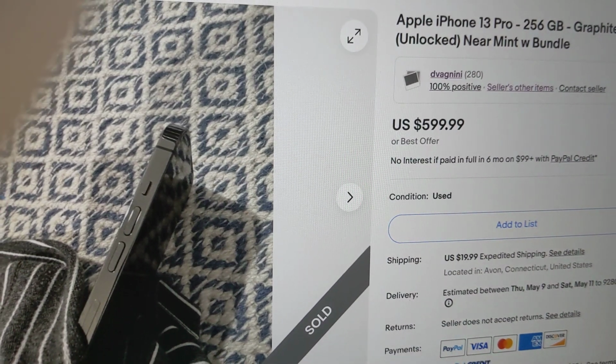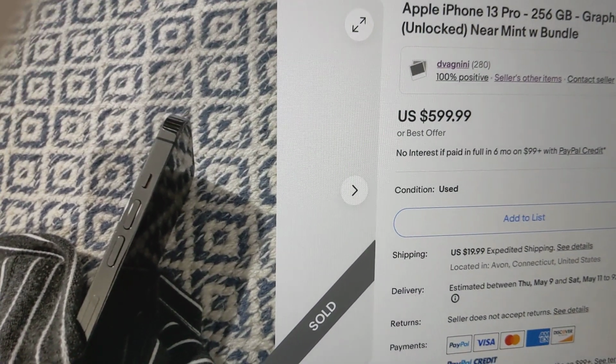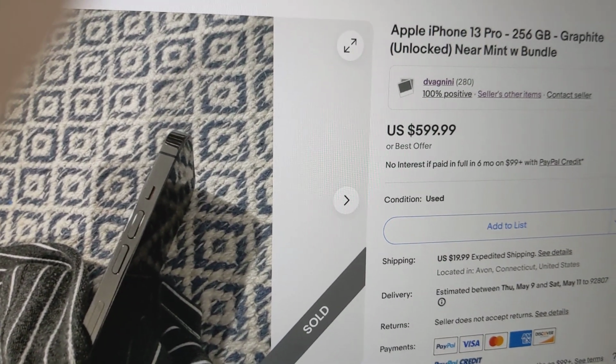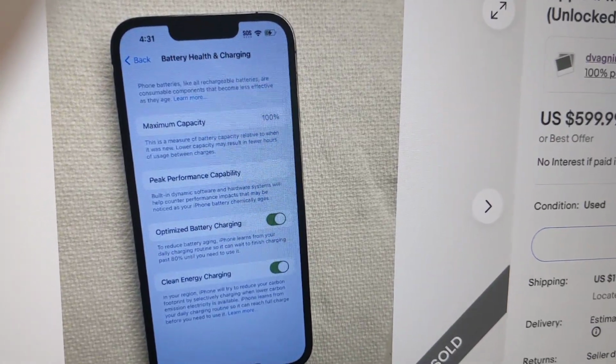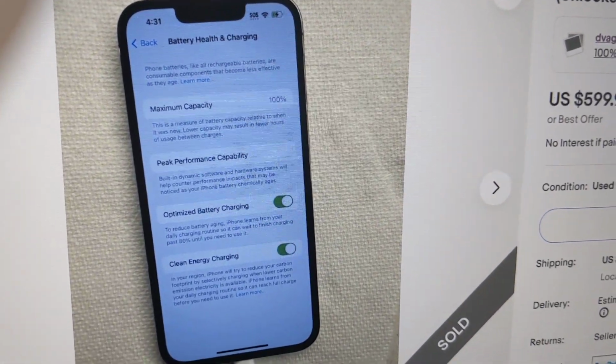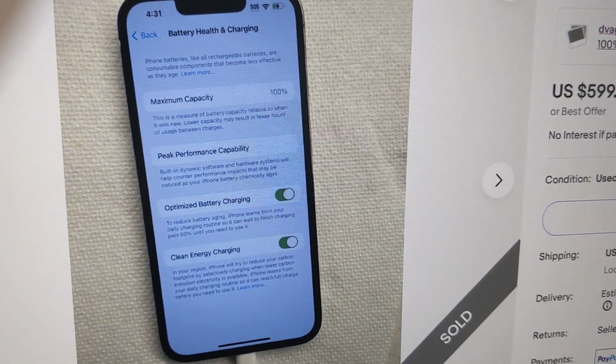Recently, I purchased a used iPhone 13 Pro. The reason why I bought it was because the battery supposedly had battery health of 100%. They showed me a picture of it. So I thought, cool. The most important thing to me is the battery, or one of the most important things,